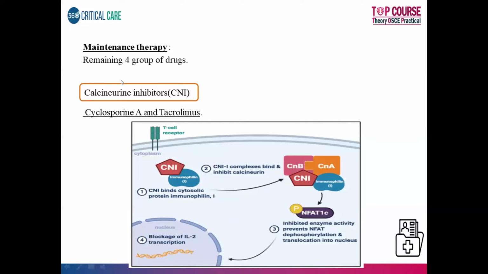But when you use these calcineurin inhibitors, they go into the cytoplasm of the cell and bind to something known as a cytosolic protein called immunophilin. So these inhibitors bind to immunophilin and form a complex. This complex will go and attach to the enzyme which I have mentioned, that is nothing but the calcineurin phosphatase enzyme, which has two components, A and B. So when it binds to this,